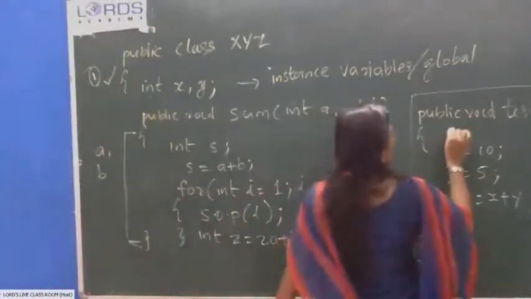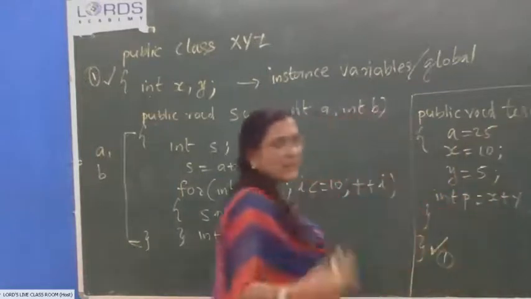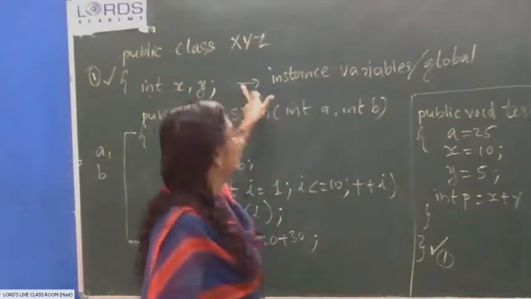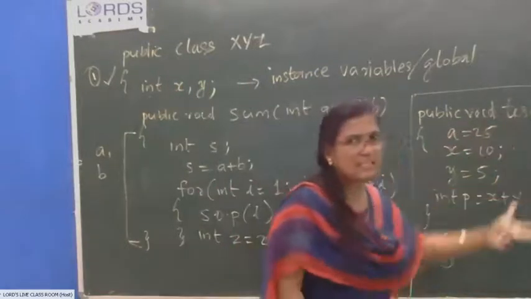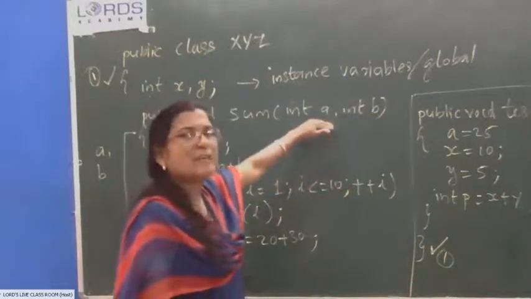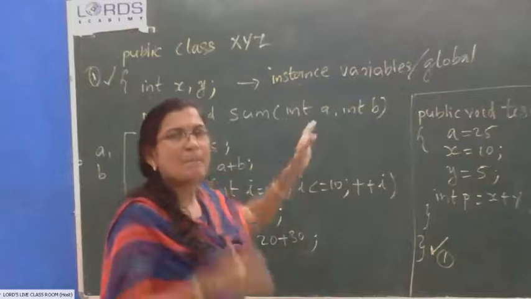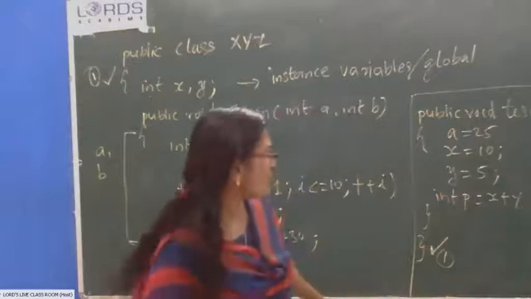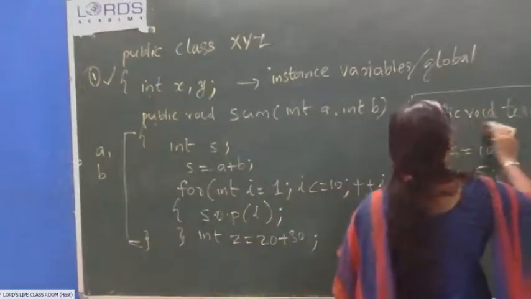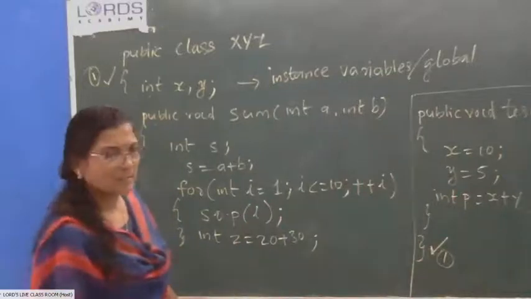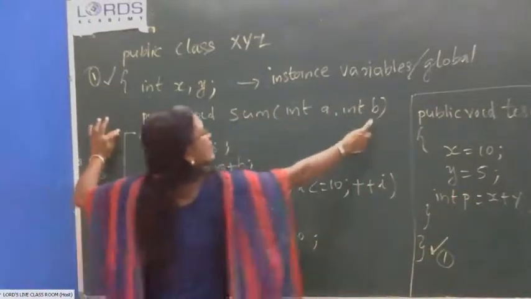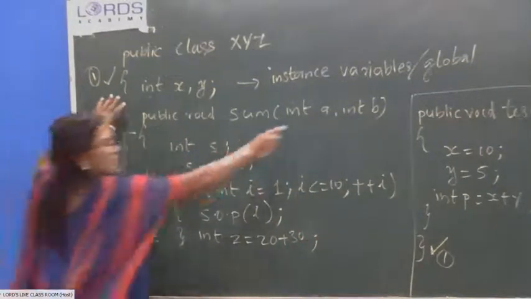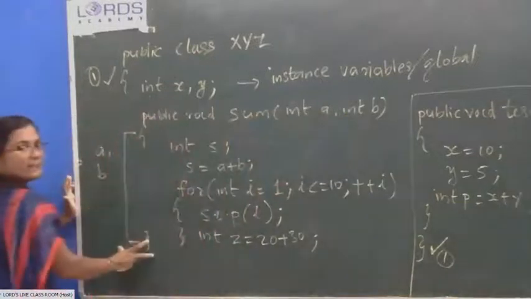Here, if you try to use a equal to 25, it will display an error message that a is not declared. A is not a global variable. A is not declared in this method. Where is a declared? A is declared as a formal parameter to the sum method. It is a private property of the sum method. It is not available to other methods. So this statement, a equal to 25 in the test method, will make an error. So the scope of formal parameters is limited to the method in which they are declared.